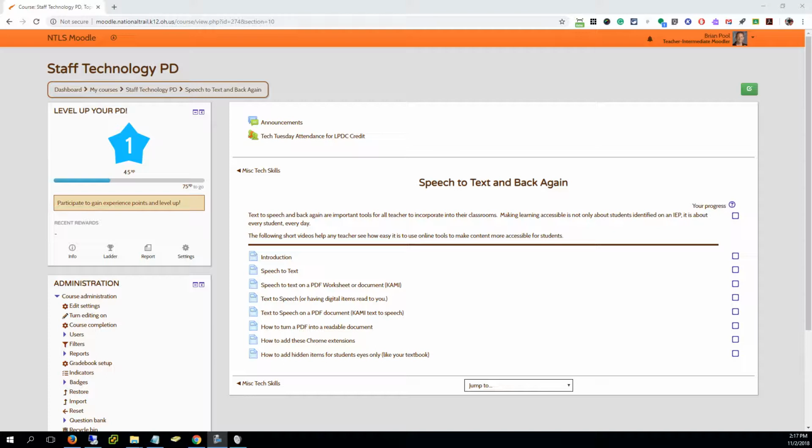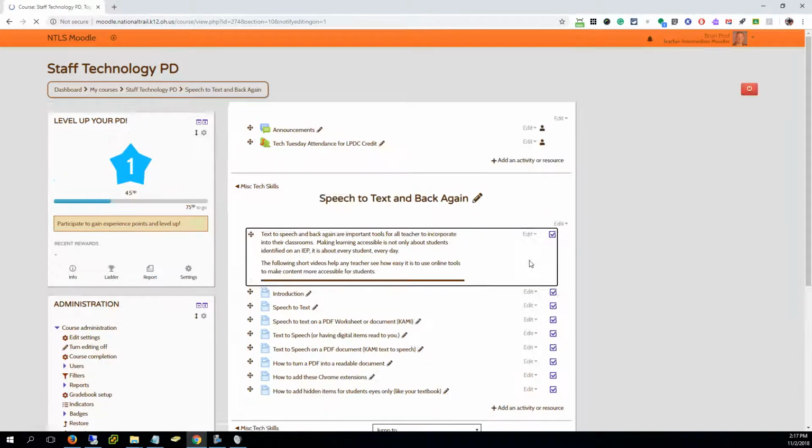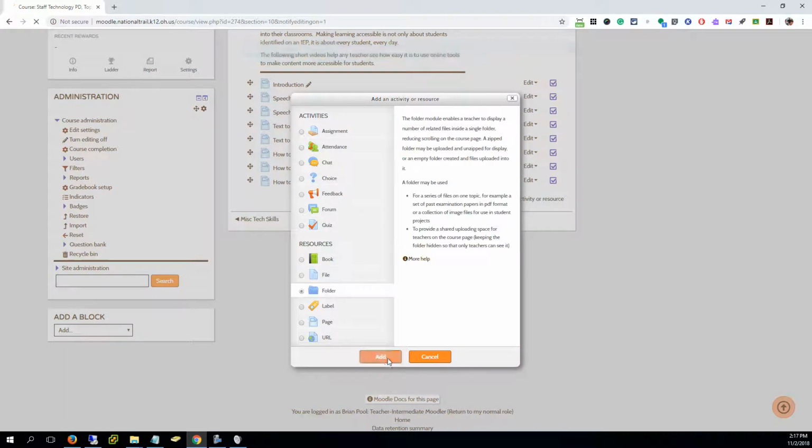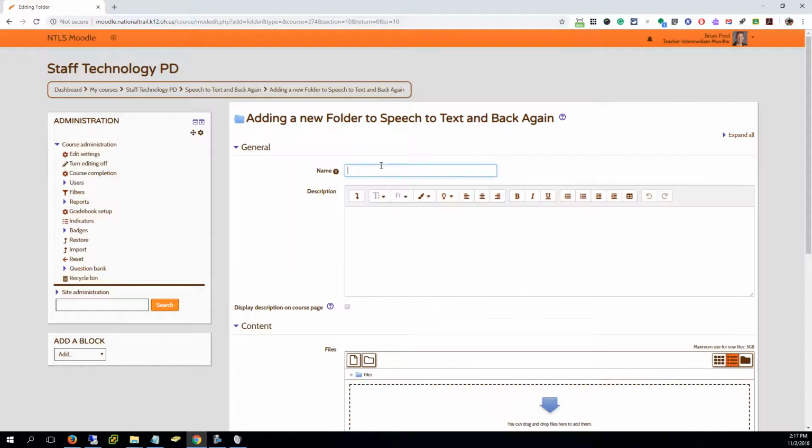Hi, this video is on how to add something to your class that only kids in your class can see. So I'm going to add a folder down here with textbook items. I'm going to turn editing on and add a folder just like I would if I was in my class. I'm going to name the item textbook chapters,